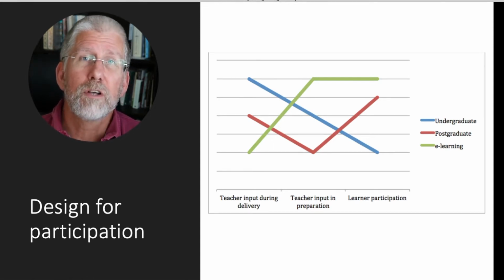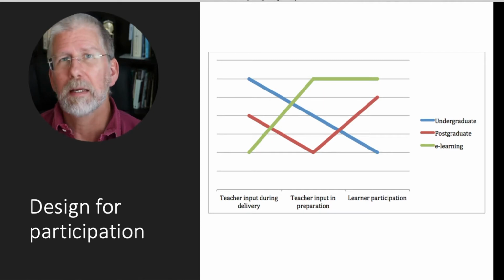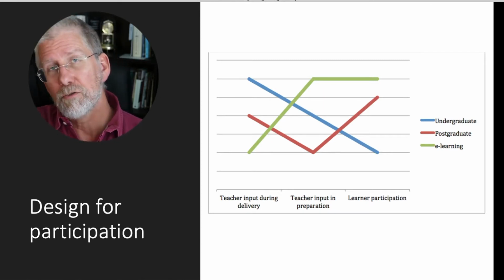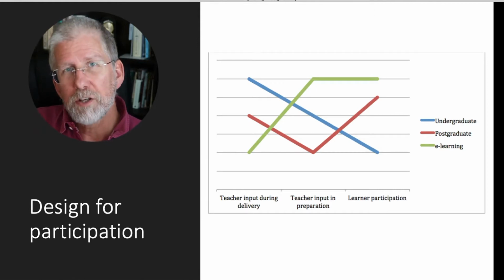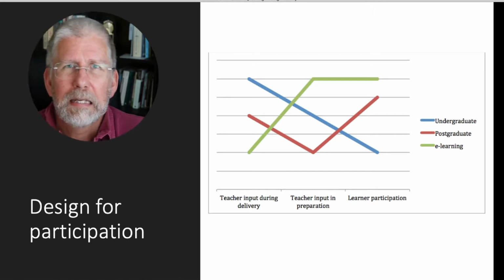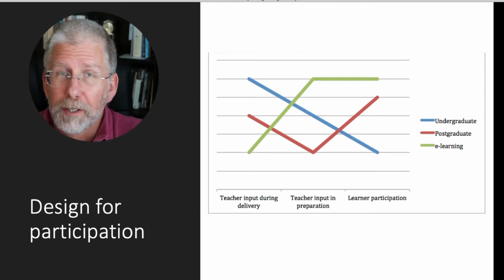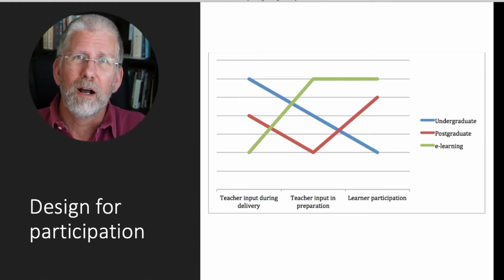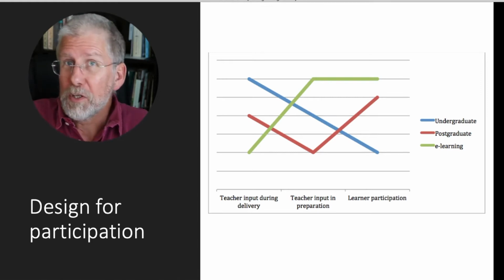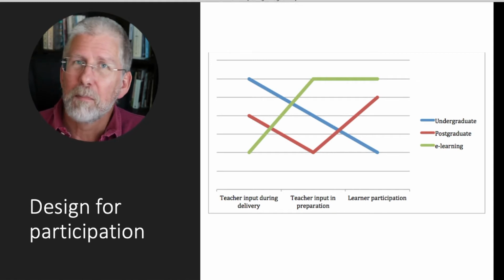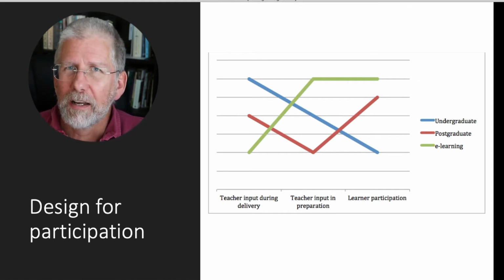And finally, if you look at learner participation in online education, it is the highest. This is where students are most actively participating, engaging with the resources, with their fellow students, with the tutor, as this triangulation of conversation partners comes together and the learner actively participates in her or his learning. So this is a brief introduction to learning design, the way we do it traditionally, and the way we might think differently about doing it in online education.